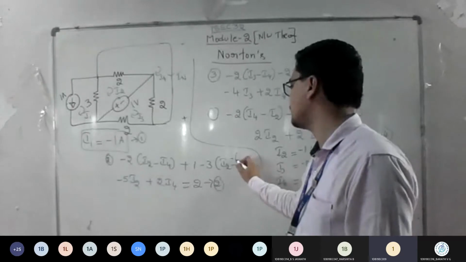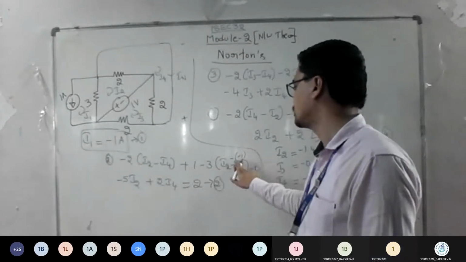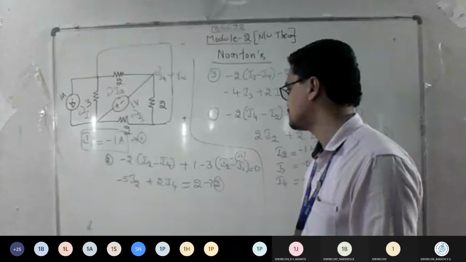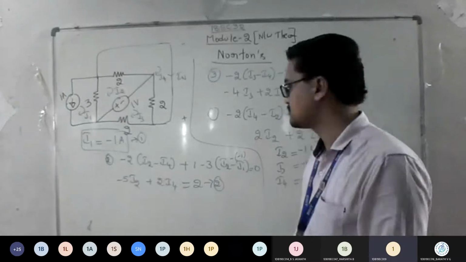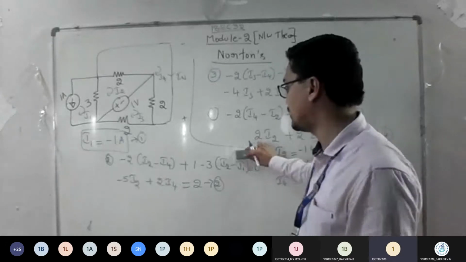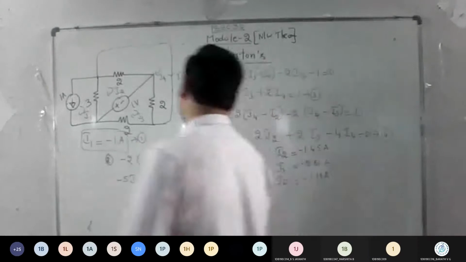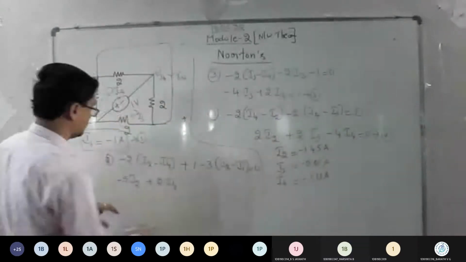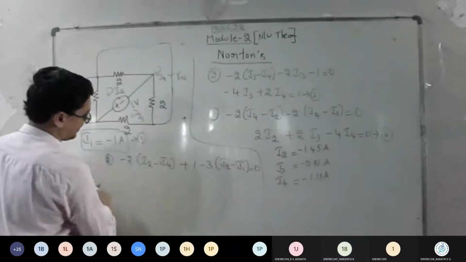Here minus is there, and the value is given as -1. So this minus becomes plus, right? Yes, sir, so it becomes -3. Correct, only that was written, no? Only -3 was written. Okay, let me expand, no problem.